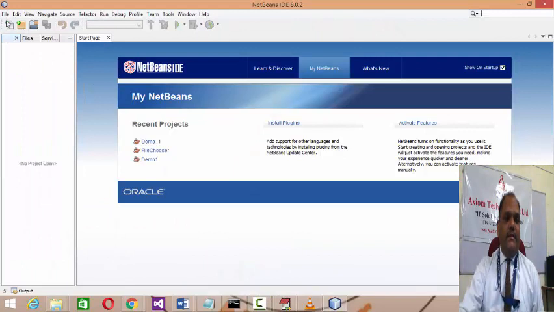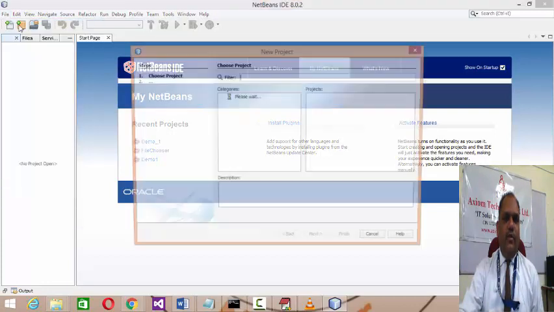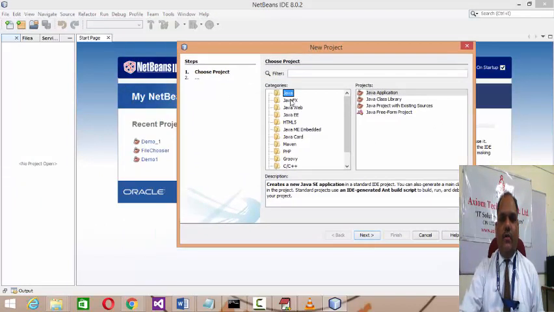Okay, after loading NetBeans, if you are planning to create a new project, you select File, it will take some time to load, and then New Project. Right now I'm going to demonstrate the Java application. So you select Java and Java Application and click on Next.